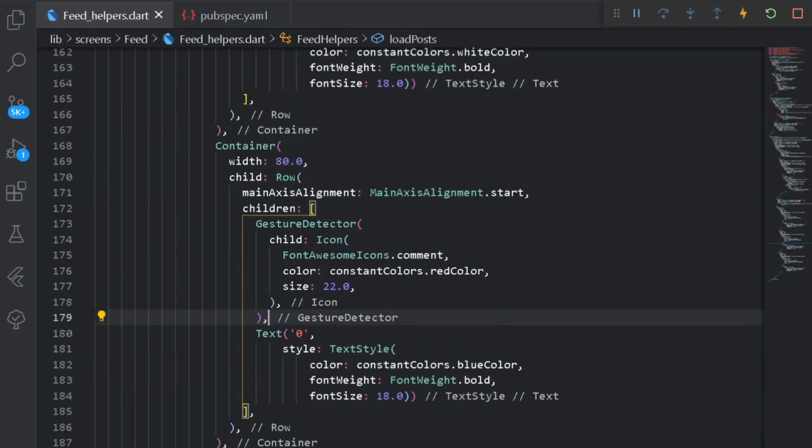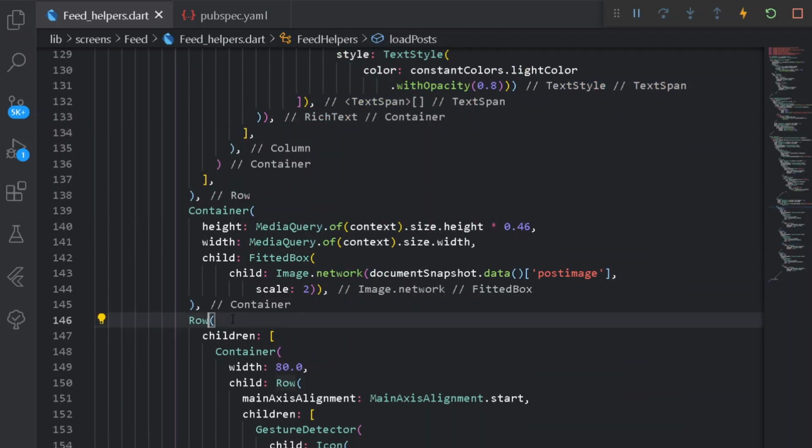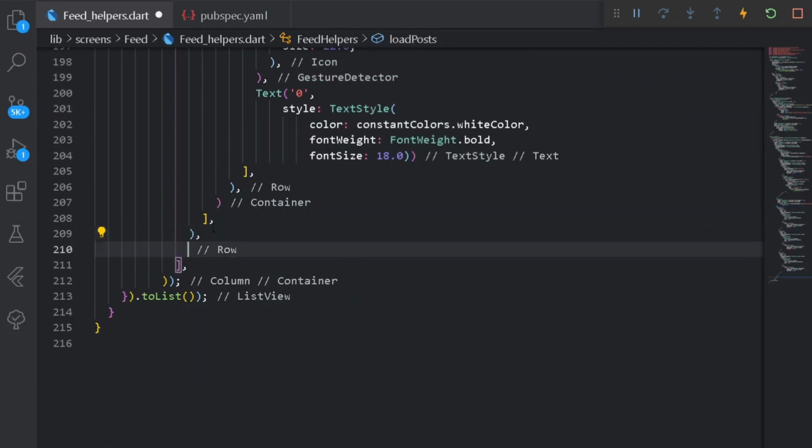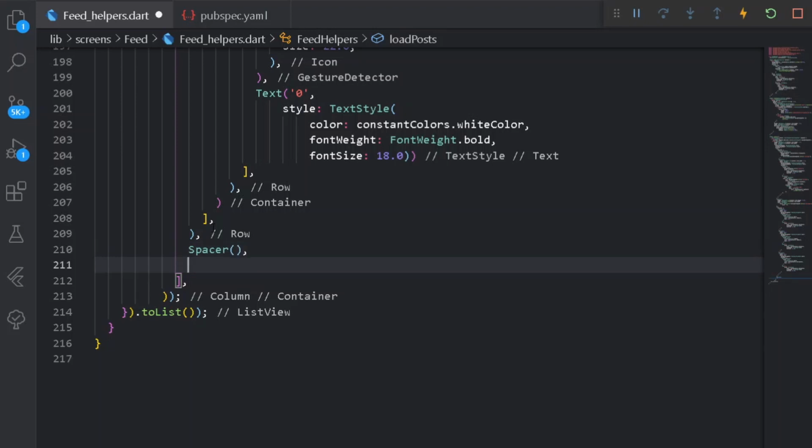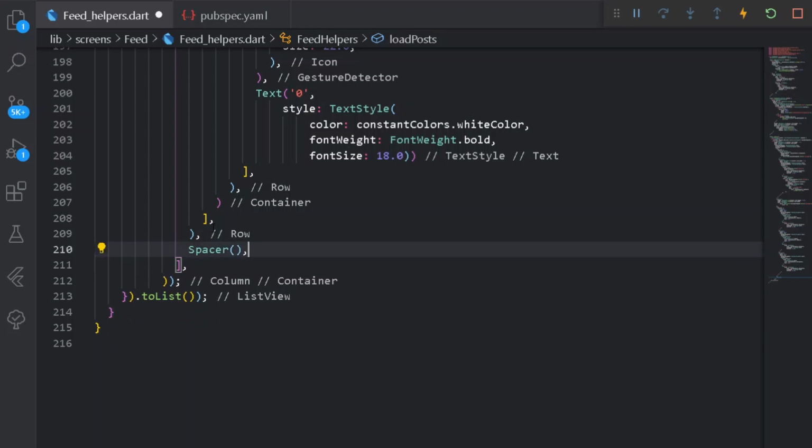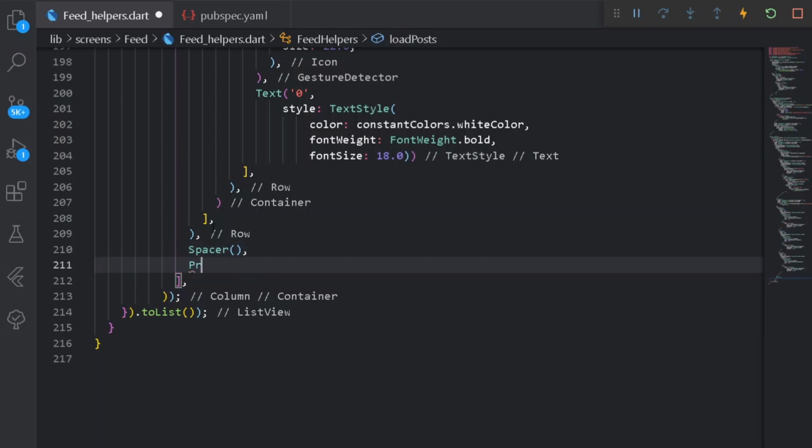After having the following container, that is a big main container of the following Row, let's come out of the following Row and here let's have a Spacer. After the Spacer, we shall be showing the user a condition. The condition shall be: if the value of the post's user UID under our Cloud Firestore matches the user UID which is currently logged in under our application, we shall be showing him 3 dots. According to the 3 dots, we shall recognize the post to be the post of the user who is logged in. Else we shall not show the user the 3 dot icon. So for that, let's code it out.